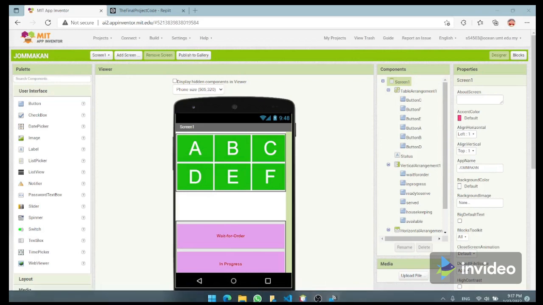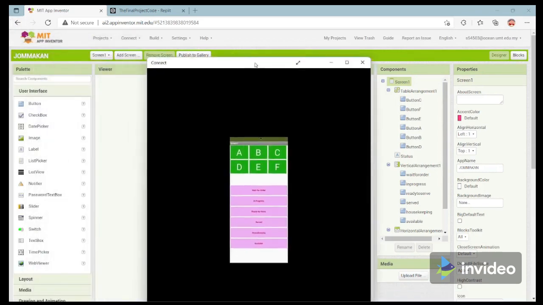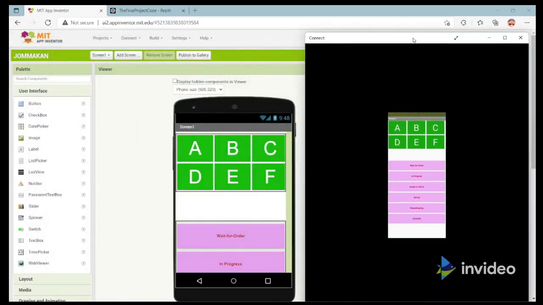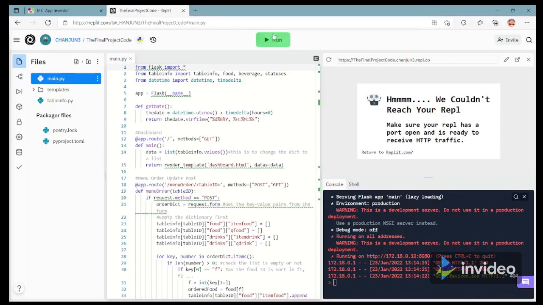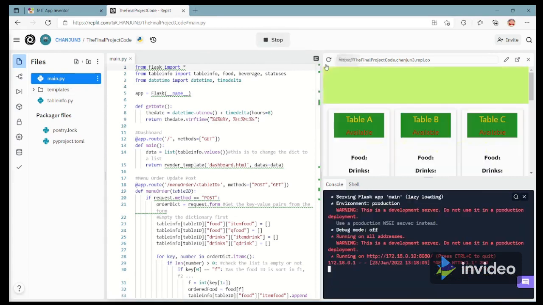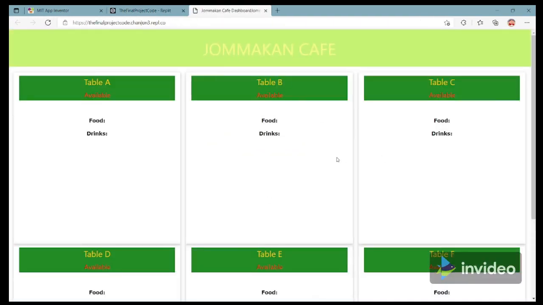Now my phone has connected to the MIT App Inventor. So this is the Android application that I have mentioned earlier. Now the six buttons represent tables A until F, and we have the commands: wait for order, order in progress, ready to serve, housekeeping, and available. And now I will start to launch the project. So this is the executor file, the main.py that I just mentioned in the presentation. Now I will run the project,